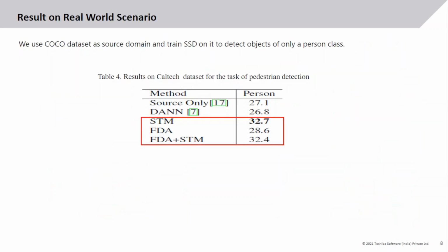To test the performance on a real world scenario, we choose the COCO dataset as a source dataset and the Caltech dataset as a target dataset. Here this evaluation is done only on the person class, and it can be seen that our method has significantly improved the performance